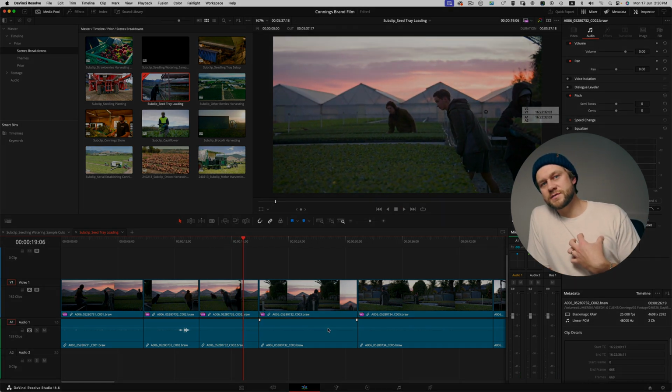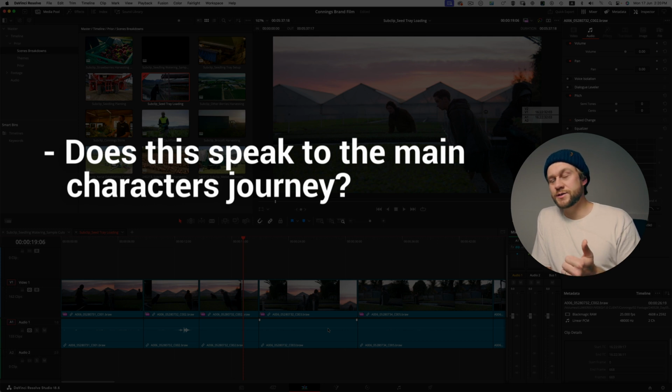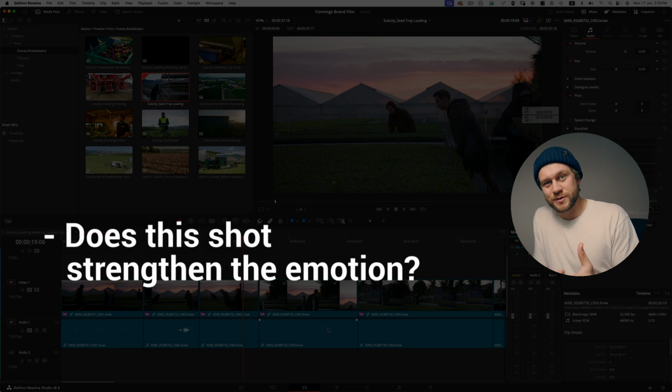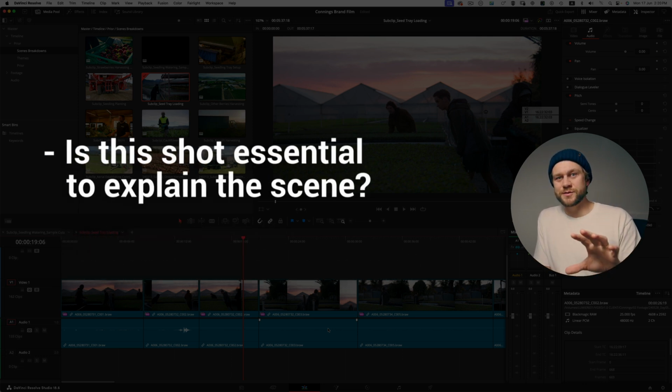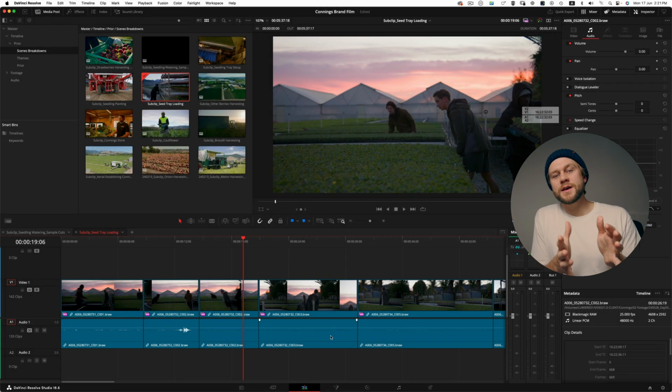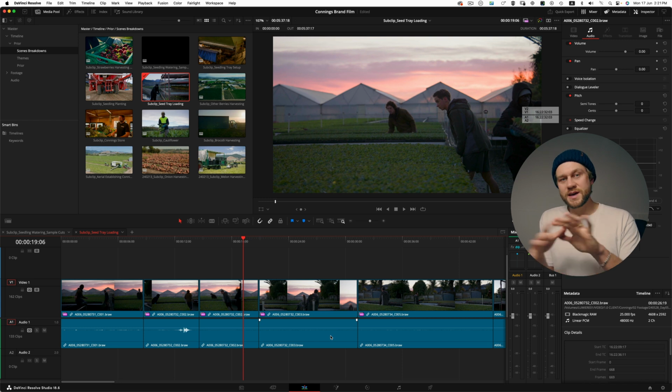We can ask ourselves, does this speak to the main character's journey? Does this shot strengthen the emotion of the scene that we're trying to create? And then another question is, is this shot essential to explain the scene? If this scene is primarily about our main character and has nothing to do with other people involved in his